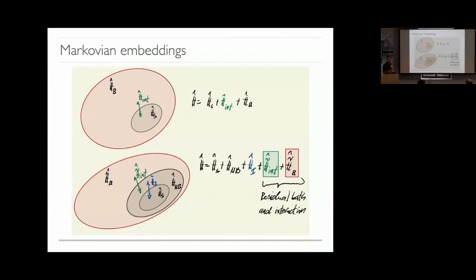The problem is that it's oftentimes not useful. It is only useful if after the mapping, this H tilde interaction term can be kept weak in the energy scales of the rest of the problem. If you can do that, then you can study this enlarged system in a Markovian embedding, okay? That's basically it. This bit here, H tilde B, is what we call the residual bath, okay? Why would the rest be necessarily Markovian? Once again, I enlarged the system by including some degrees of freedom of the bath onto your system. That mapping you can always do, okay?